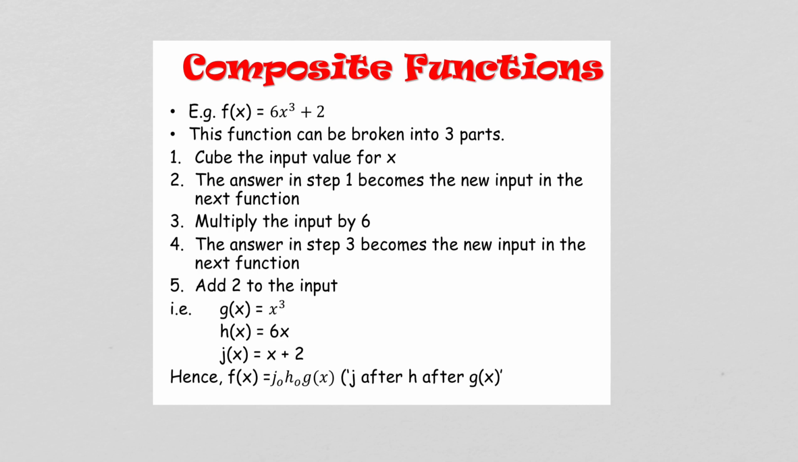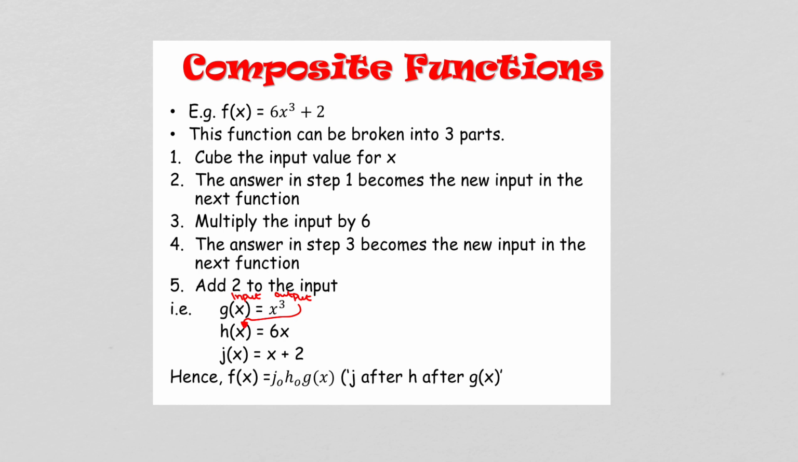The output from cubing our x value would then have to be multiplied by 6. So we would say let h of x be that function, with x as our input. We are going to take that input and multiply it by 6. The output we get from multiplying by 6 then becomes the input in the third function, which we can call j of x, and then we add 2. So this would be our input, this is our output, and the output then becomes the input,